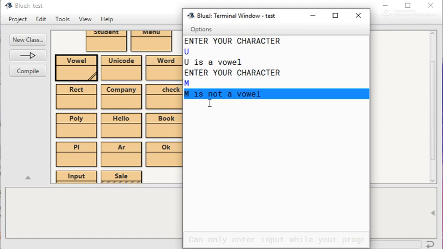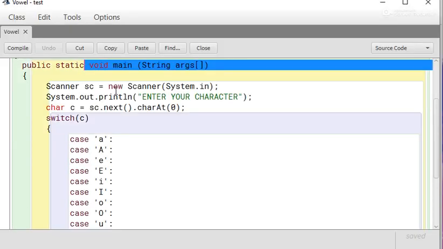Here we can use a switch statement to check vowels, and there is no need to write again and again. Like you can write this program as case A, then give a message System.out.println, this is vowel, break. Again case E, System.out.println, this is vowel, again break.